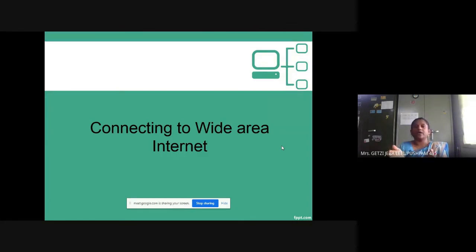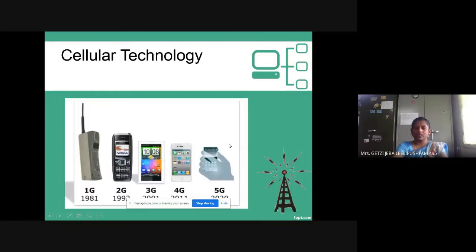A little bit wider I want to connect. So in that case, we go for a technology called cellular technology, right? Cellular technology. So all the G's come here. So we effectively use cellular technology. Even most of you are listening to this class using cellular technology. Okay, you just put on a hotspot from your phone. You establish a small wireless network between your laptop and your phone, and then your phone is connected to a cellular technology,